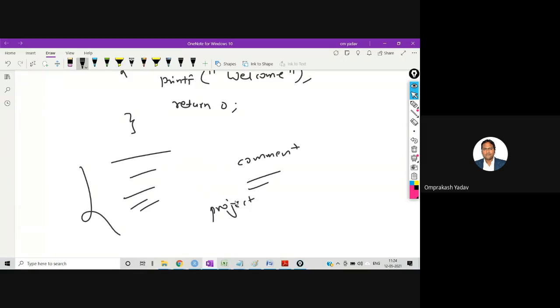Now suppose they shifted me to some other project. Because what happens in the software industry is that a team leader makes a team of, let's say, 5 or 10 people, and we can be a part of that particular team, or we can even be the team leader. And then we start doing the project.